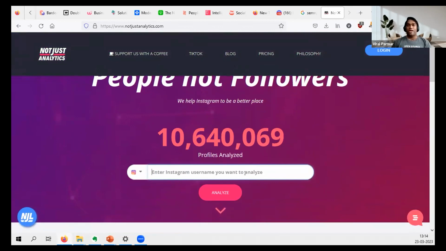There are a lot of people who might be sharing a good amount of content on social media, and most of them have a good number of followers. Let's say XYZ person has 1 million followers on Instagram, right? And this person might be using some tricks to get the followers, and I don't know what the tricks are.